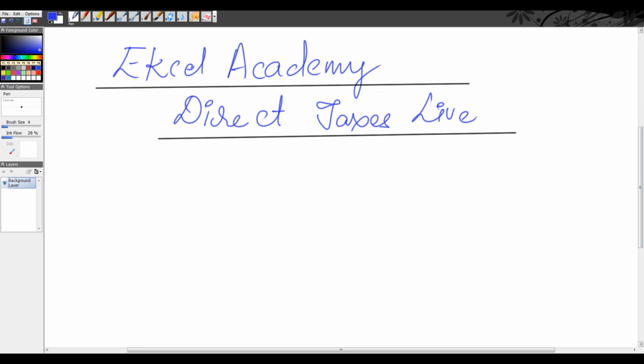Today we'll be looking at the first lesson of direct taxes, that is, direct taxes at a glance. What we are looking at is what is tax, why do we need tax, what is the necessity, and what the government will do with the tax money which they collect from all of us. These are the things in the first chapter of CS Executive Direct Taxes,